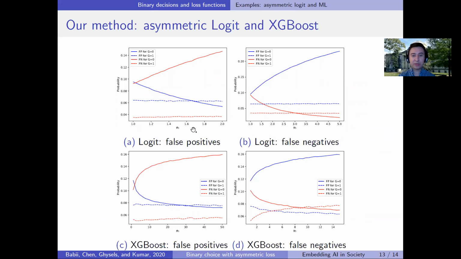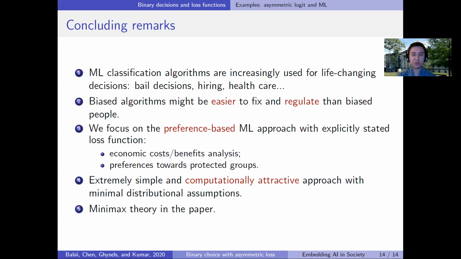Also, if you want to equalize, for example, false positive and false negative mistakes, you can do that. So here, for example, in this first panel, we start in a situation where false positive mistakes for group 0, so this is the blue solid line, are higher compared to false positive mistakes in group 1. And we start introducing higher weights. So we pay a higher price when we make a mistake for group 0, and we see that at some point we can equalize these false positive mistakes for the two groups of individuals. And likewise, we can do this with other types of mistakes.